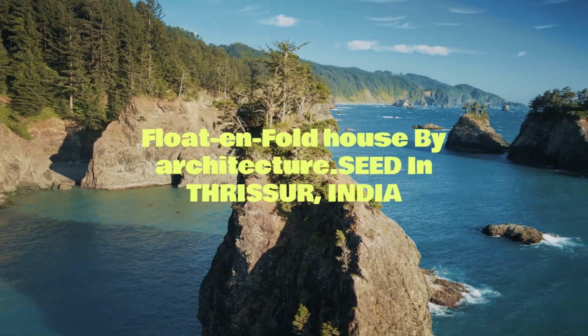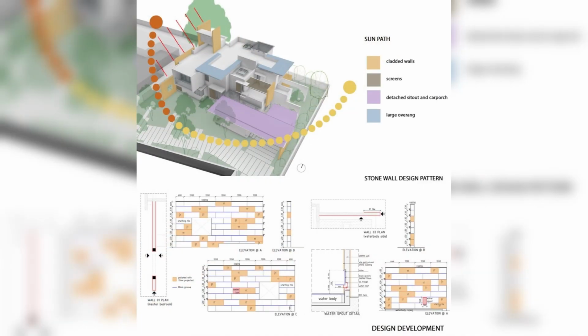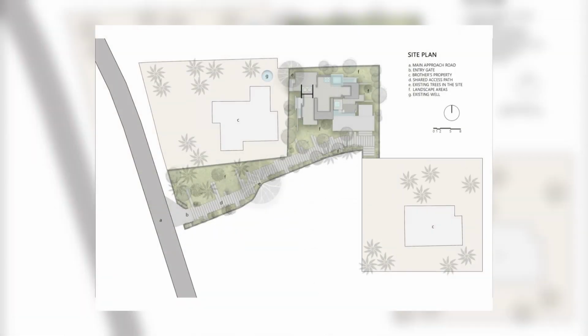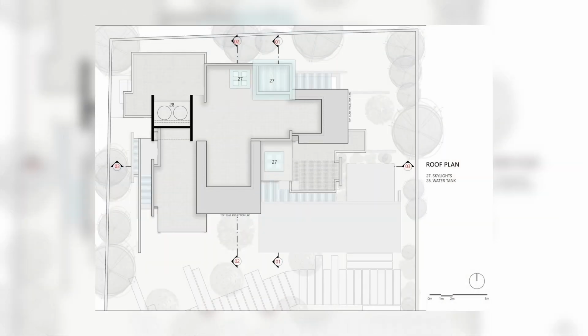Float and Fold House by Architecture.SEED in THRISSUR, India. A family of 5 embarked on a journey, envisioning a home that harmonizes space and connection. The guidelines provided by the client were an open, light-filled house with 4 bedrooms. Thus, the Float and Fold House emerges as a celebration of transparency and interconnectedness in the charming locale of Punnayurkulam,